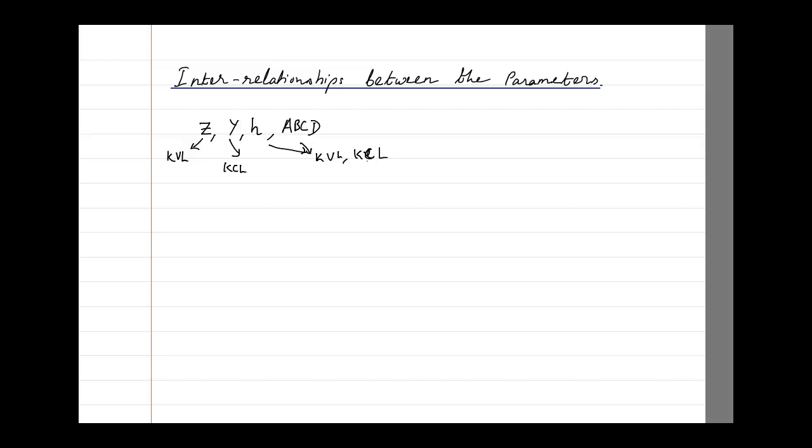But suppose we are always able to solve only KVL and find out a Z parameter first, and then go on to find out any of these parameters, either Y parameter or H parameter or ABCD parameter after finding out Z parameter. So first you will find out Z parameter and then you can find out any other parameter by using a simple shortcut formula. Wouldn't it be good? And that is what basically this section is about.